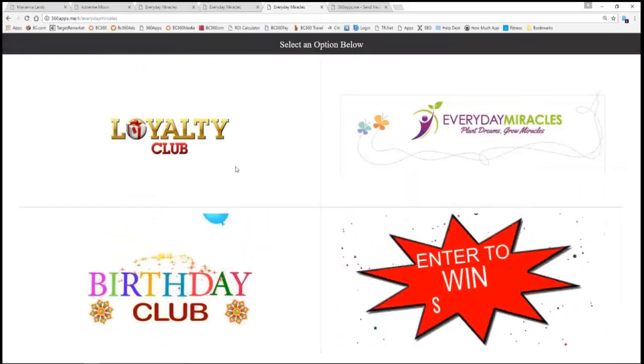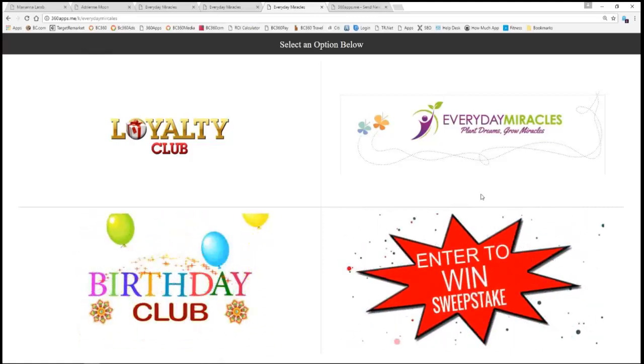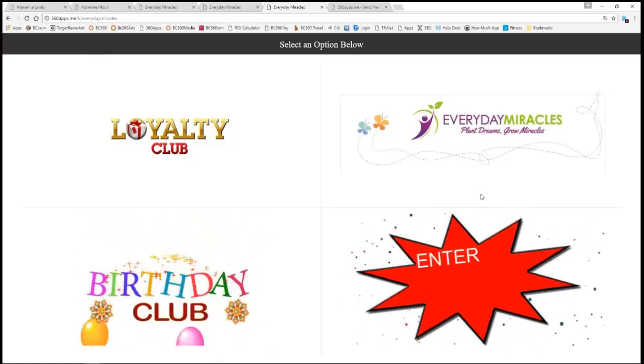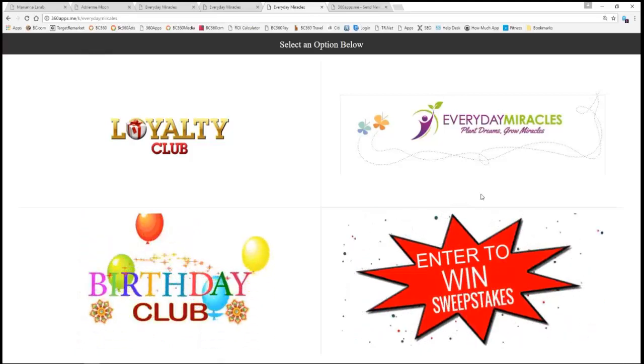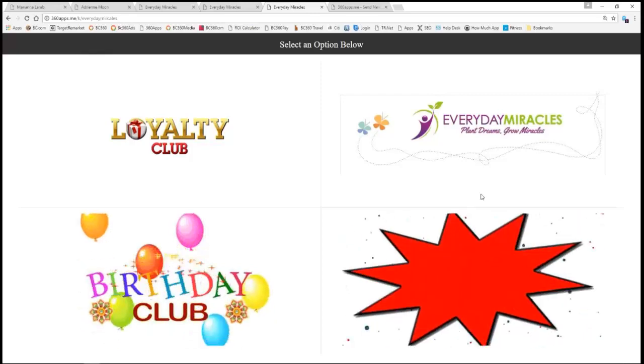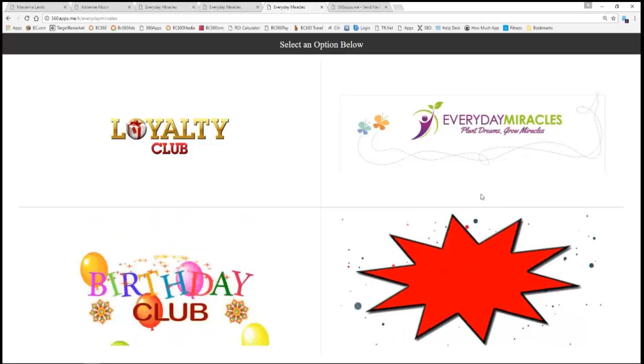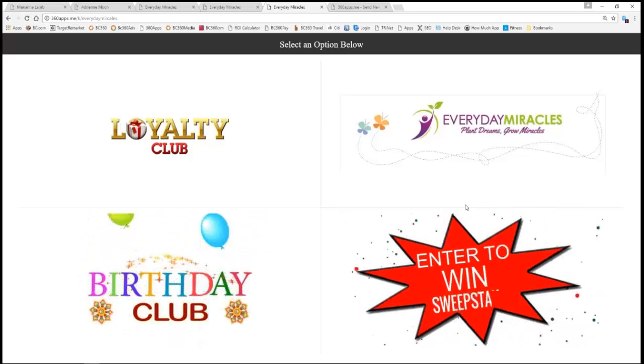They can set their own loyalty club rules, their own birthday club rules, their own sweepstakes, or they can choose to eliminate some of these features as well. They don't have to use all of these 4 features. Maybe they don't like birthdays, they can take that off. Maybe they don't like a loyalty program or a sweepstakes. They can customize this back and forth and change it as they want to roll different things